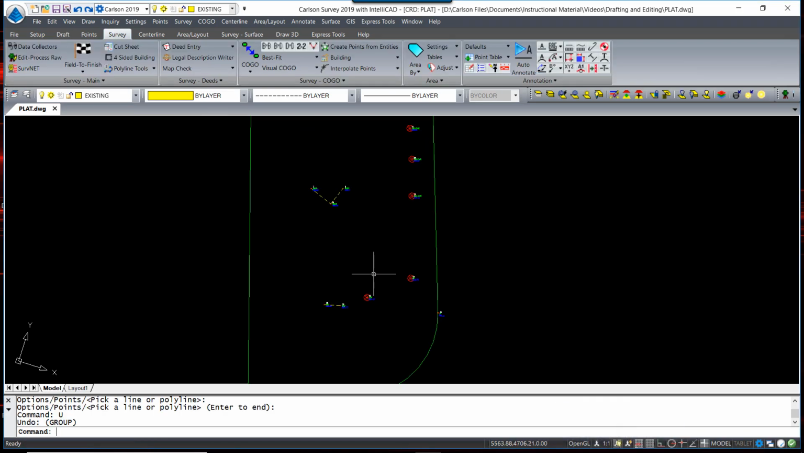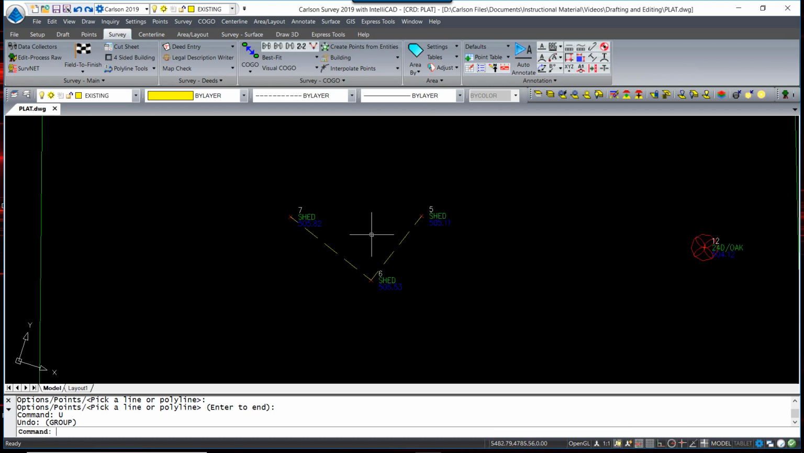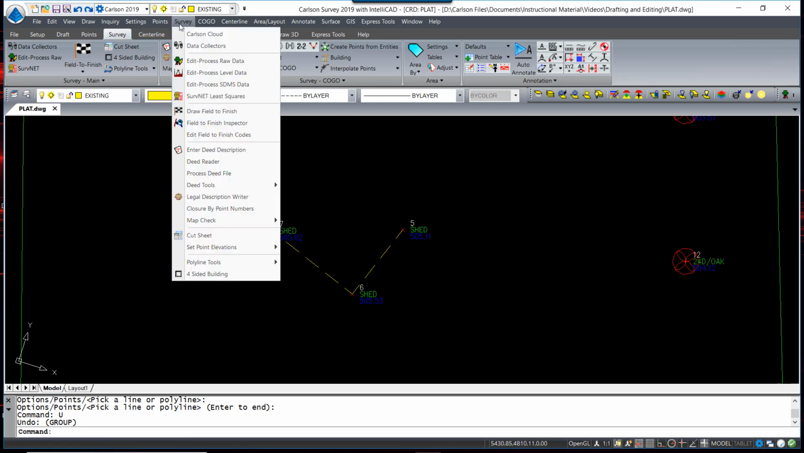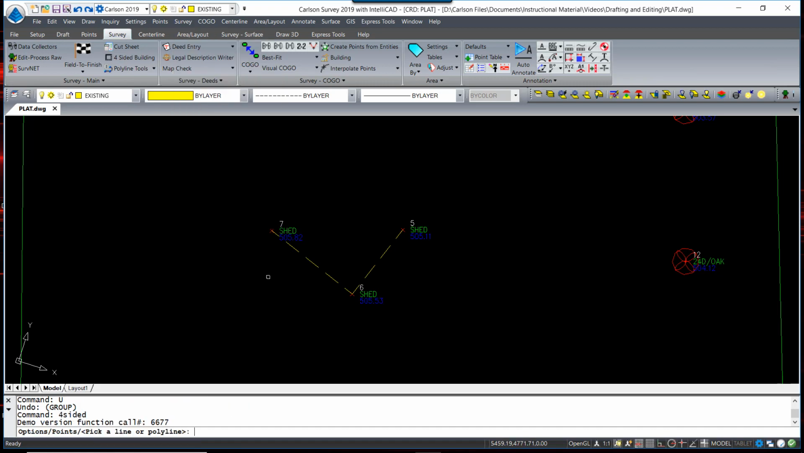To complete this line work, I'm first going to address the shed, and you can see 2 sides of the rectangle are drawn. There is a command in the survey pull-down called 4-sided building. This command works with either 1 or 2 parts of the building drawn. Since 2 sides of the building are already drawn, I just simply pick that polyline and it completes the rest